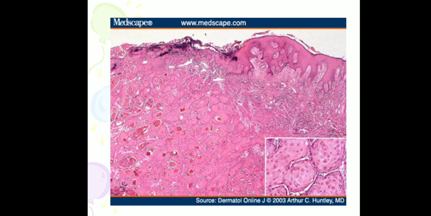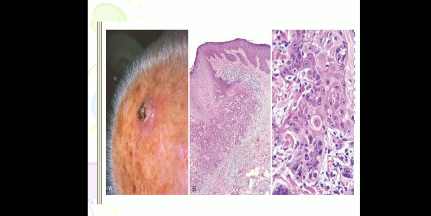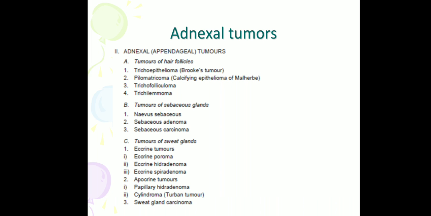So this is a microscopic picture of squamous cell carcinoma. You can see nests of cells with a variable amount of keratin at the center, that is, horn pearls. Based on the keratin pearls, if they are present, it is called well differentiated. If individual cell keratinization is present, it is called moderately differentiated. No keratinization and simply a solid pattern is poorly differentiated squamous cell carcinoma.